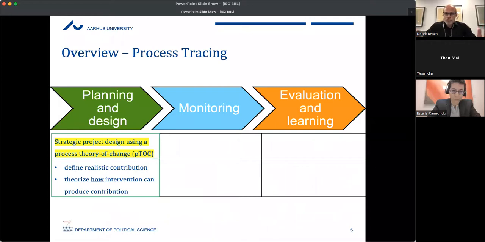So let me talk about process tracing, and I will talk a little bit about something which is perhaps a little bit outside of the scope of a lot of the evaluation world, but more on the front end of projects. I'm going to use that to talk about process theories. So process tracing as a broader methodology can be used in each phase of a development intervention. In the planning and design phase, you could use basically strategic project design using a process theory of change,